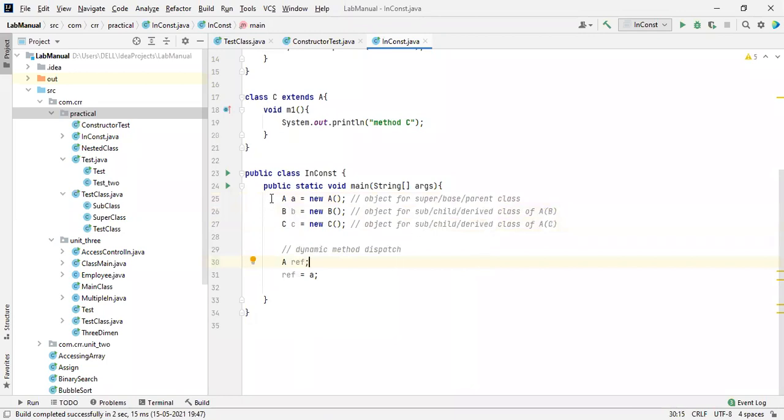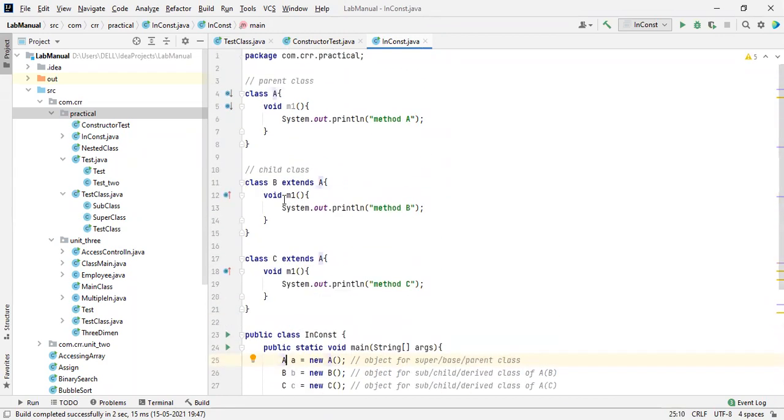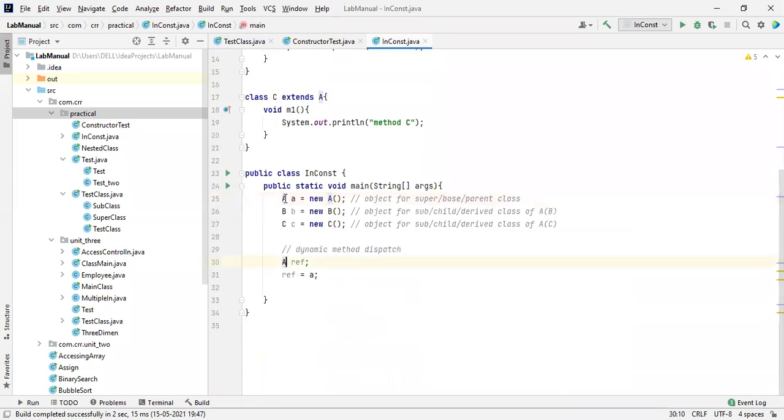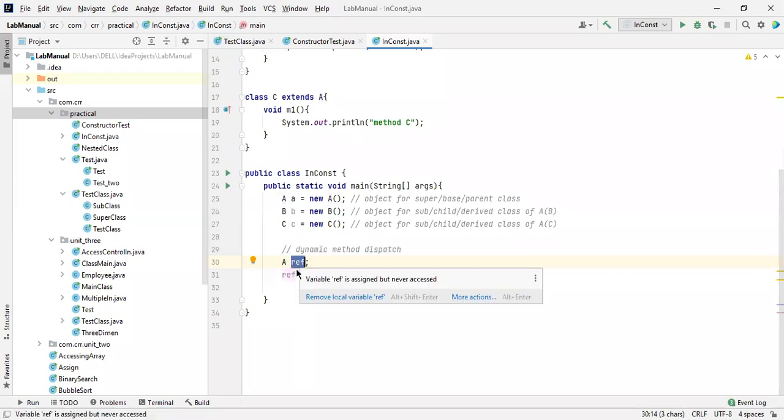We just created three objects. So by using class A, what is A? A is a parent class, and we created a variable reference for that. I just created a variable. This is a variable name, ref. This is on your own; you can take any name over here.